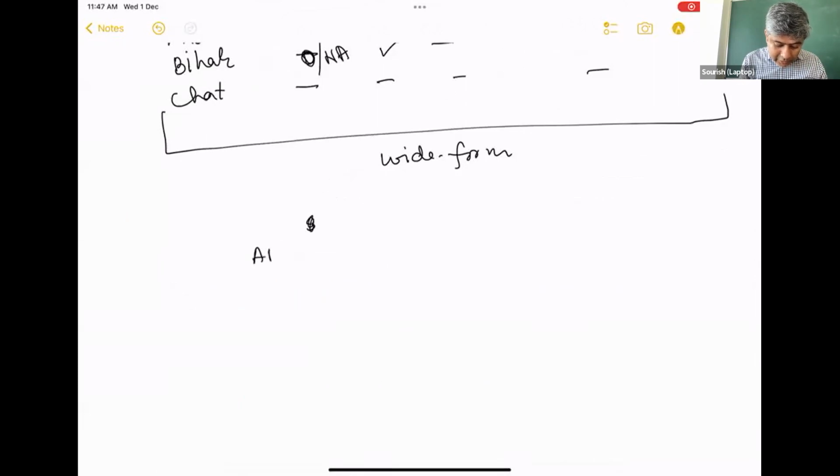So Andaman, Nicobar, Bihar, Chhattisgarh, ... West Bengal, and then each day: 1, 2, 3, like this.